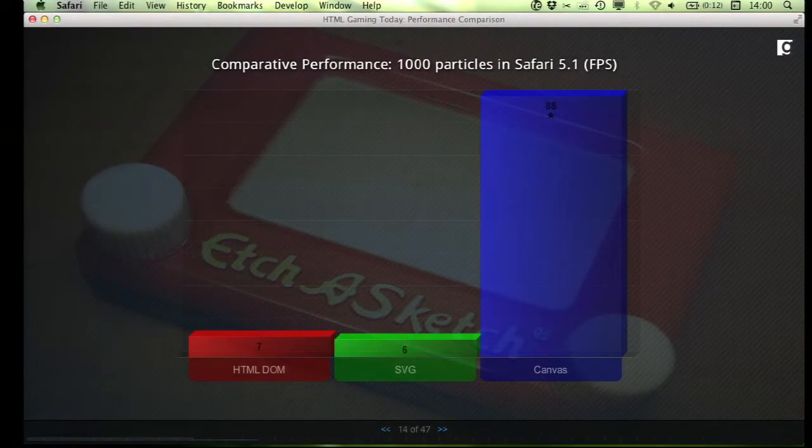So when we look at performance today, now that we're starting to see hardware-accelerated Canvas and WebGL, we can see that maybe HTML and SVG aren't our best choices, right? This is demonstrating 1,000 particles being animated, and this is telling the frames per second that I can animate those 1,000 particles at using HTML DOM, SVG, and Canvas, which is hardware accelerated in Safari 5.1. And you can see that we're getting around 10, 11 times the performance using Canvas. And so while a year and a half ago, the standard approach was to write your games to use the DOM as the rendering surface, today I think we've moved past that.